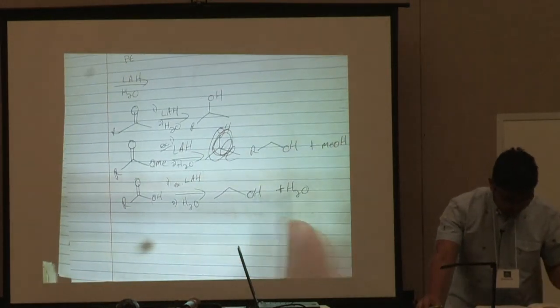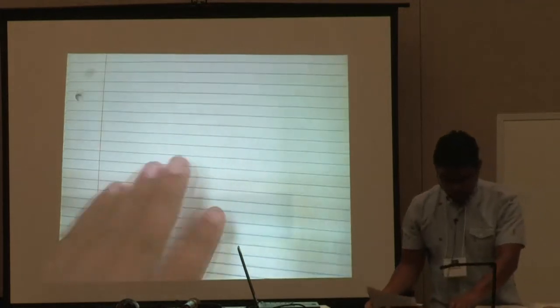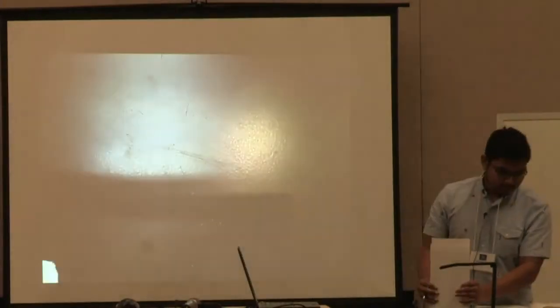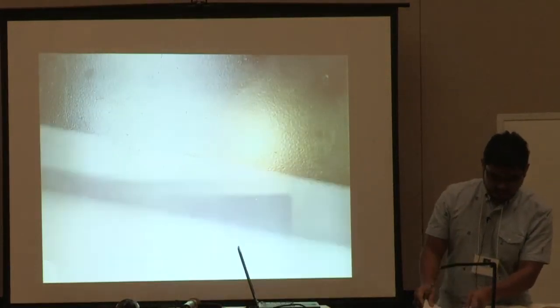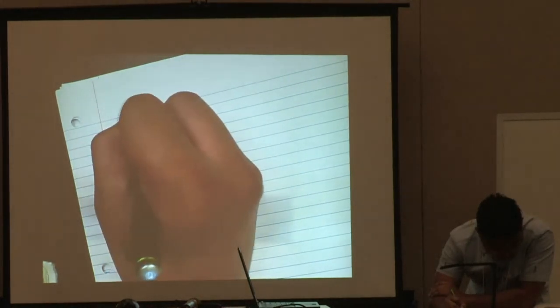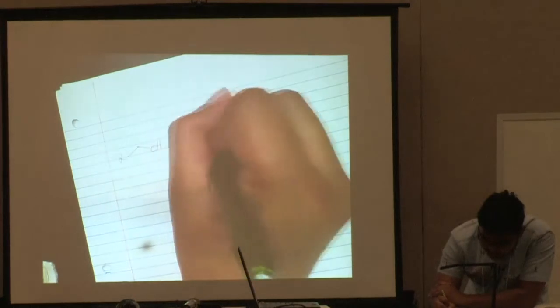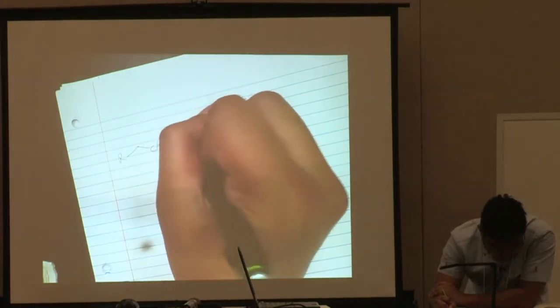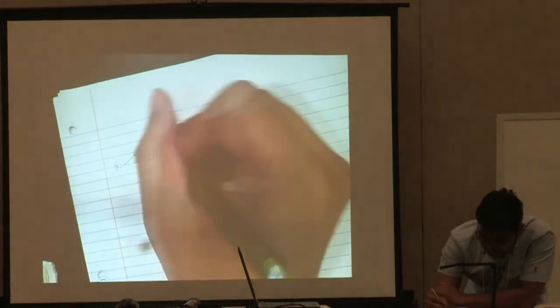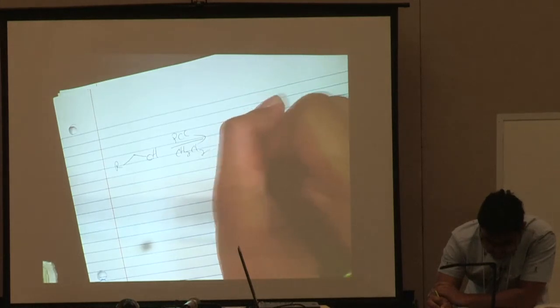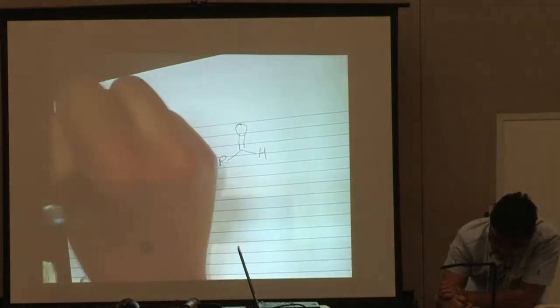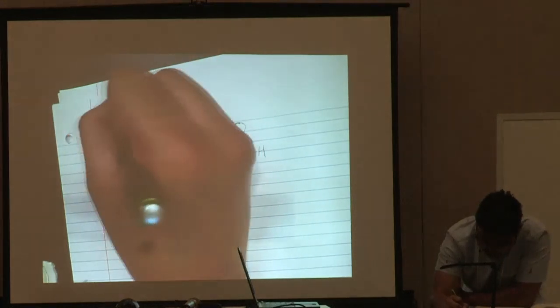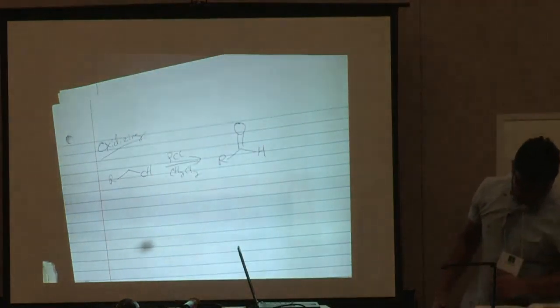You need to know what your oxidizing agents are. A very common oxidizing agent, which is tested on all the time, is PCC. So if you have something that looks like this, and I add it to PCC and CH2Cl2, this is going to create an anhydride, right? It's going to look like this. These are oxidizing. Another